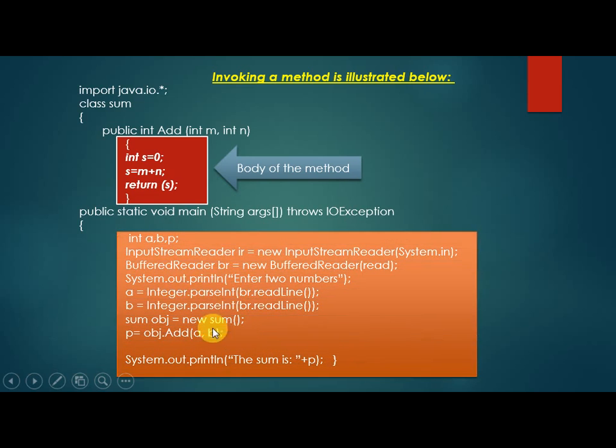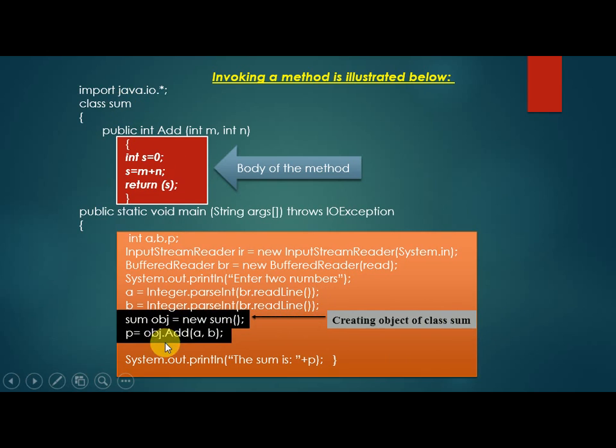This line, sum obj equals new sum, is creating an object of the class sum. And the next line, p equals obj dot add in brackets a comma b, is invoking the method add. Yes friends, this is the way to invoke a function.